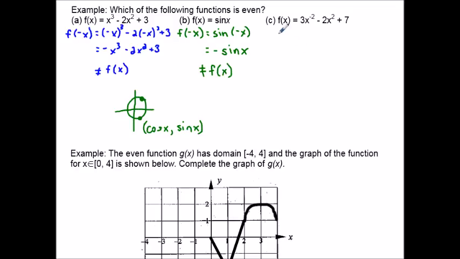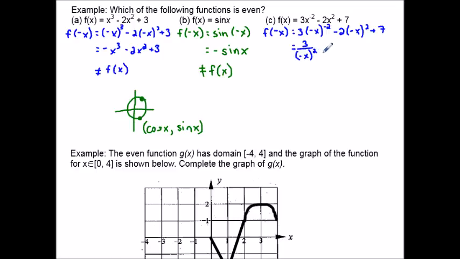The last one, we're going to start the exact same way that we have every other function. So I'm going to start by plugging in these negative x's. So negative x to the negative 2 minus 2 times negative x squared plus 7. Now, sometimes when we're doing this, it's helpful to remember our exponent laws, knowing that this negative in my exponent means it's going to flip this negative x to the bottom of my fraction. It's going to find the reciprocal. So this is going to be the same as 3 over negative x